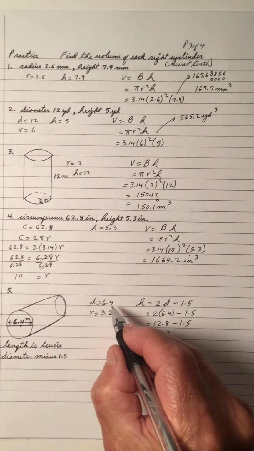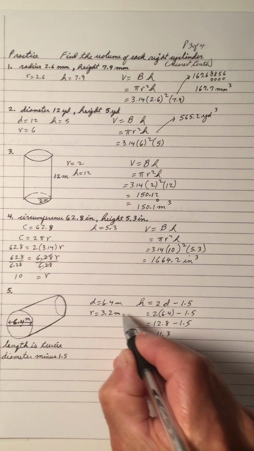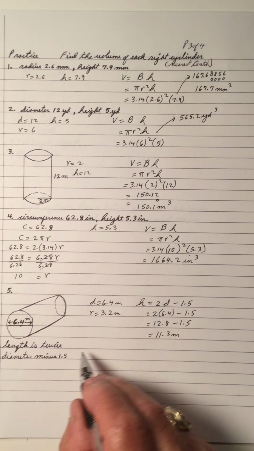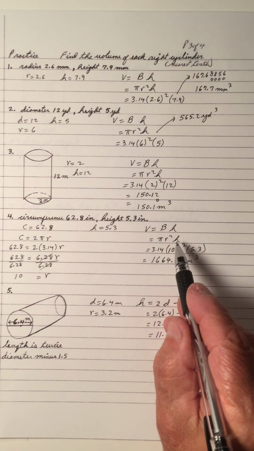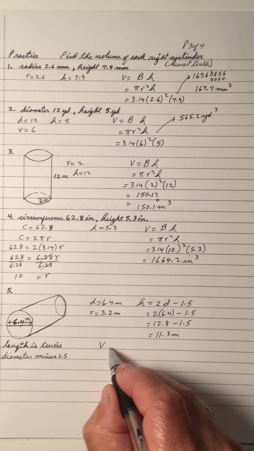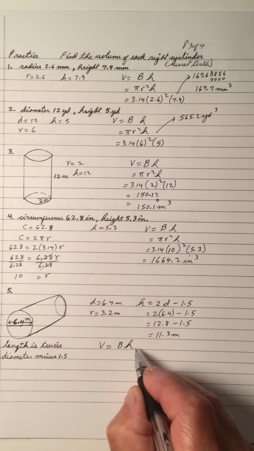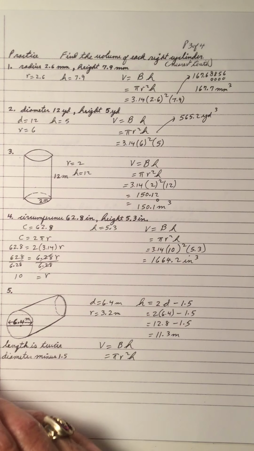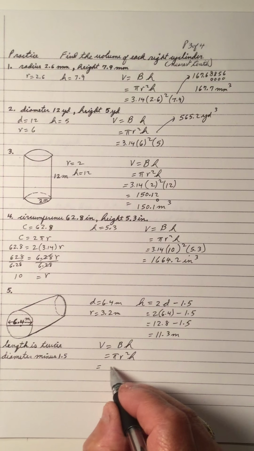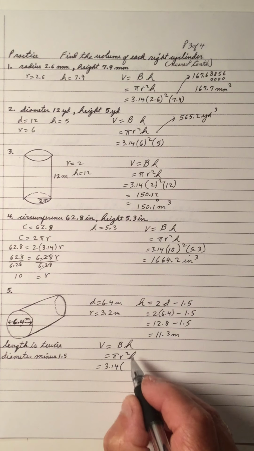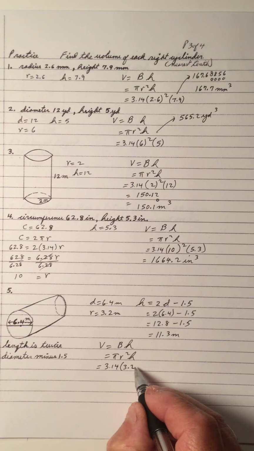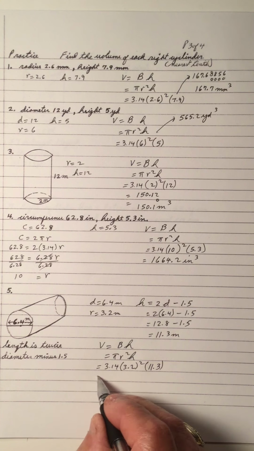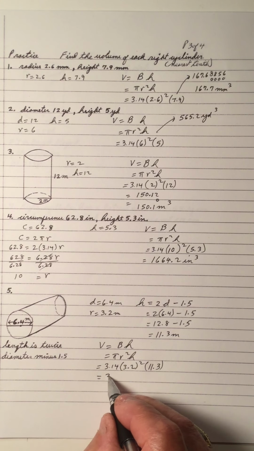And again, all these units are meters, and the height is in meters. So for the formula for the volume, I have the radius and I have the height. The formula for volume is base area times height, which is pi r squared h, because the bottom of a cylinder is a circle. And that leaves us with 3.14, the radius is 3.2, and I'm going to square it, and the height is 11.3. And when you multiply all that out with a calculator, you get